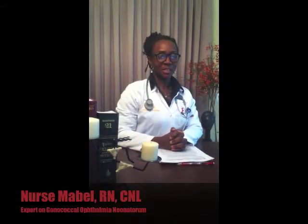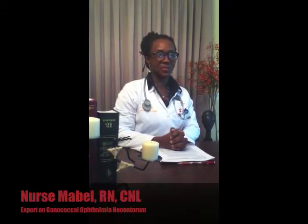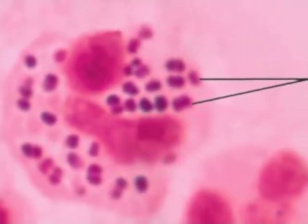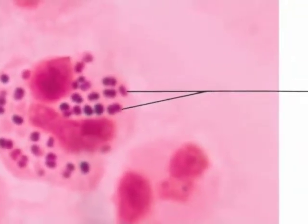neonatorum, also known as neonatal conjunctivitis, is an acute mucopurulent inflammation on the surface and covering of the eyes in newborns, presented within the first 28 days of life. The Committee on Infectious Diseases of the American Academy of Pediatrics reports the most frequent infectious agents involved in ophthalmia neonatorum are chlamydia and gonorrhea. Gonorrhea is a microorganism that infects 28% of newborns delivered vaginally by women infected with gonorrhea